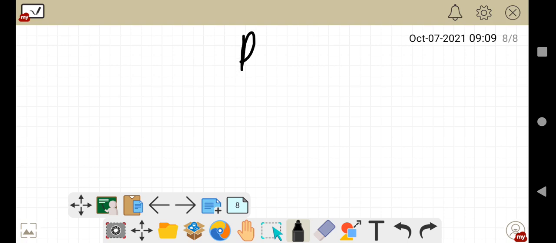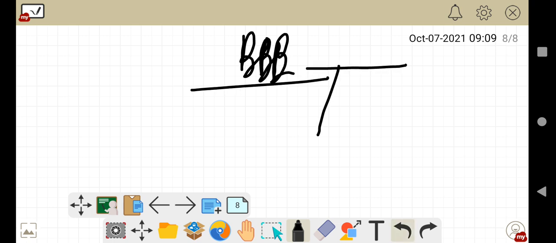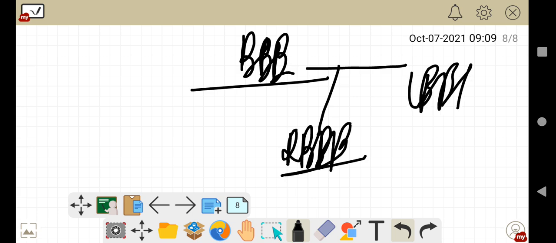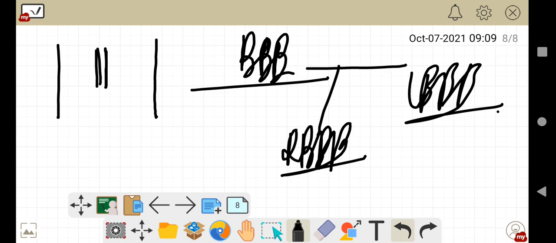Next we'll go for another important topic, bundle branch block. Either there will be right bundle branch block or left bundle branch block, correct? Either right or left. Now as we know where the chest leads are placed, this is the sternum. So V1 to V6 will go like this, right? Common sense tells me that V1, V2, V3 are mainly on the right side, and V5, V6 are mainly on the left side, correct?